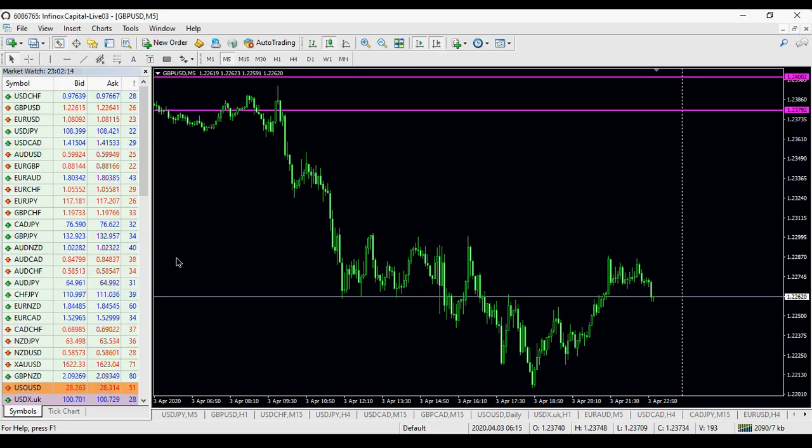All right. In the last class, we talked about understanding the MetaTrader 4. Just as a recap, we were able to learn what pips are, that's price in points. We were able to learn about lot sizes. Whenever you want to trade, you have to determine what lot size you want to trade based on your